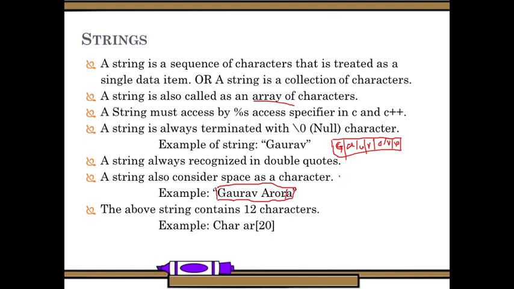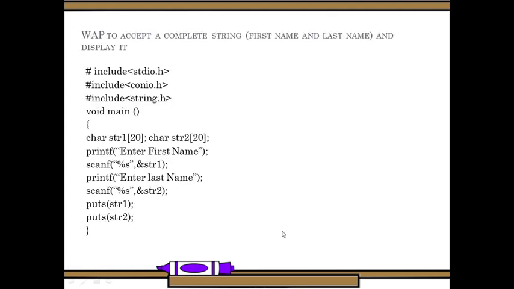Each character will be divided in this way, and even the space is considered one position, and the end of the string will be null, which is also one character we consider. So this is how a string can be represented as an array. The above string contains 12 characters, so we can define it with char a of 20, like this also.